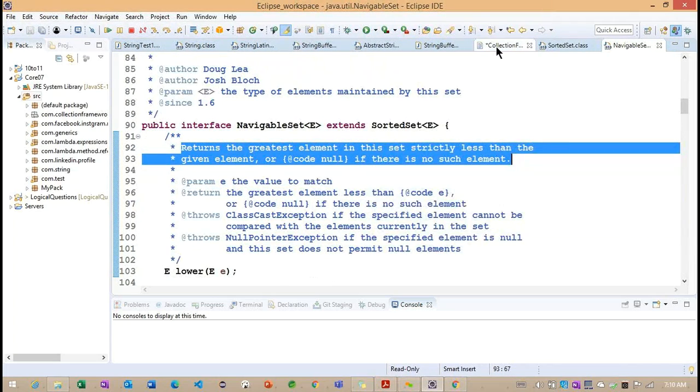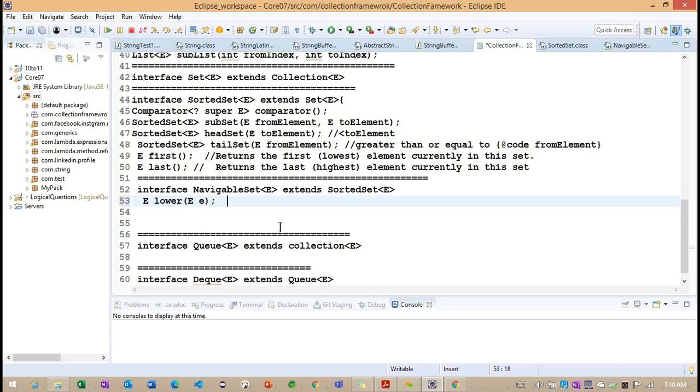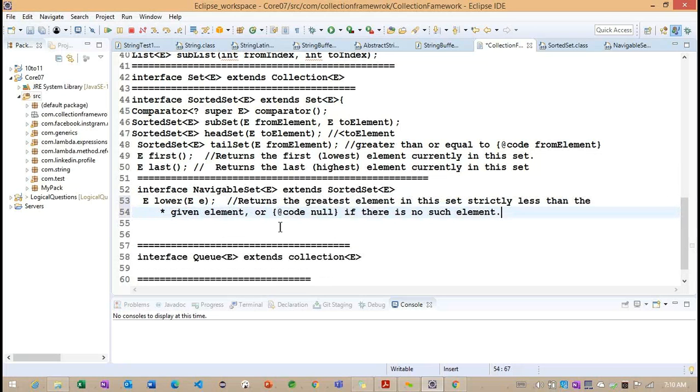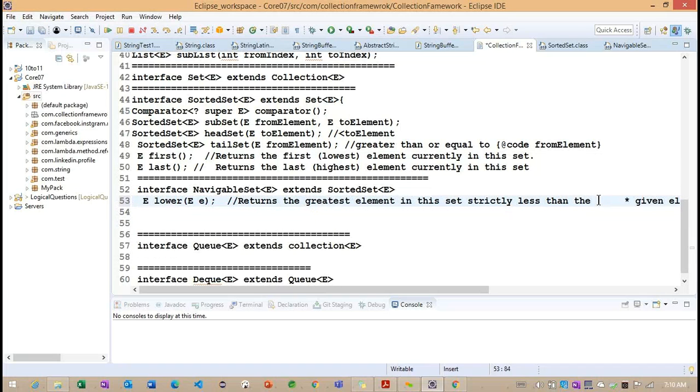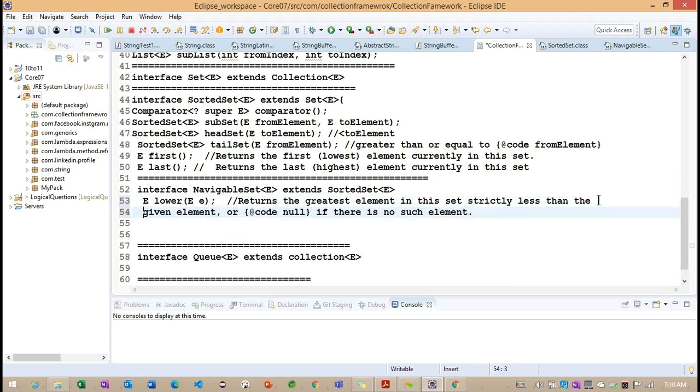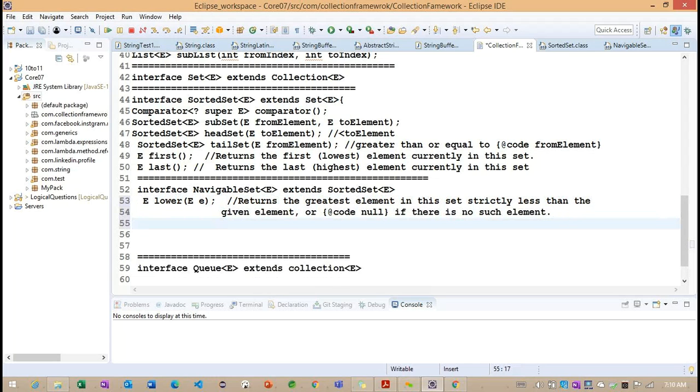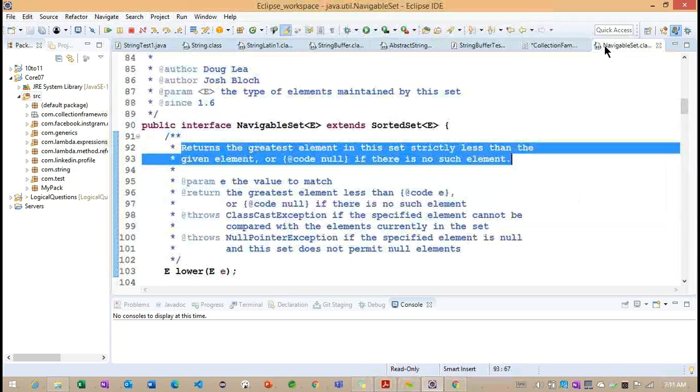Now we understand the lower method, so we need to go for another method.